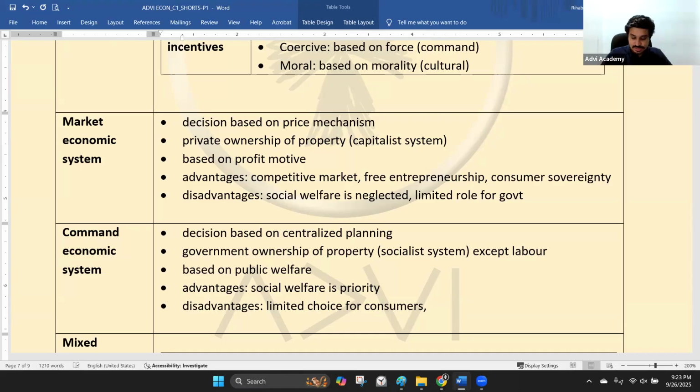Very less competition, right? There'll be limited competition also, right? And basically, we will add some more down the line for this as well. But these are some of the main disadvantages that are going to be there. Consumer sovereignty won't be there. You can write whatever they've written, the opposite of that. Entrepreneurship is not there. Consumer sovereignty won't be there. Competitive market won't be there. But the only thing is social welfare will be the priority. So poor people, like everybody will be equal. That kind of advantage is only there.